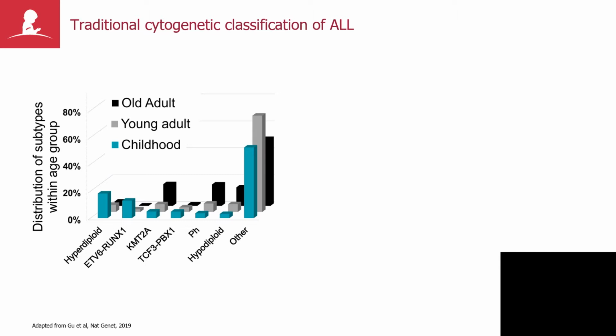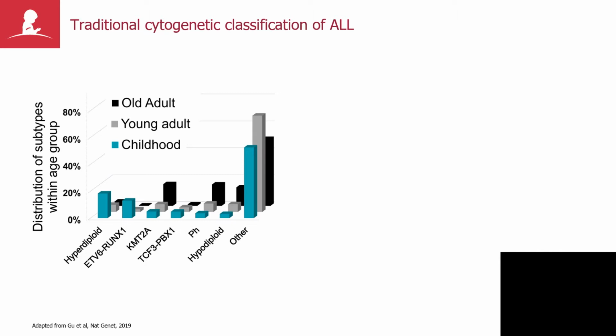What I would like to do today is to give some history about what's been previously understood about the genetic classification of leukemia, and then give some examples from a nearly overwhelming amount of work that's occurred in the last few years using integrated genome and transcriptome sequencing that has revolutionized our understanding of the genomic landscape of ALL, both in children and adults, and has led to a number of new diagnostic and therapeutic approaches.